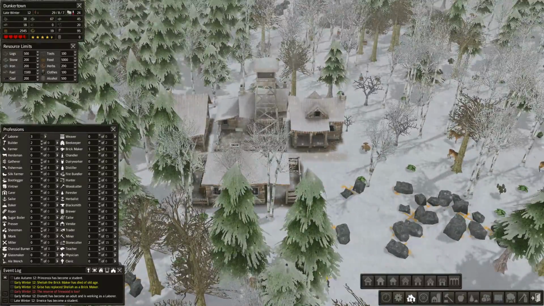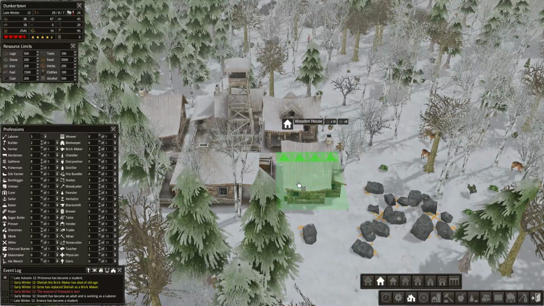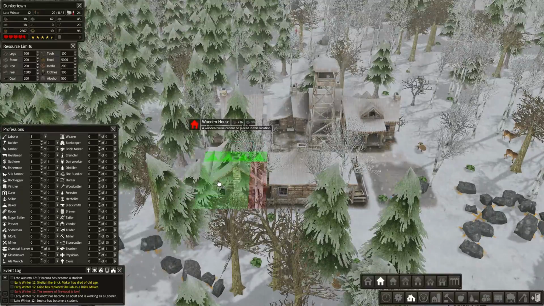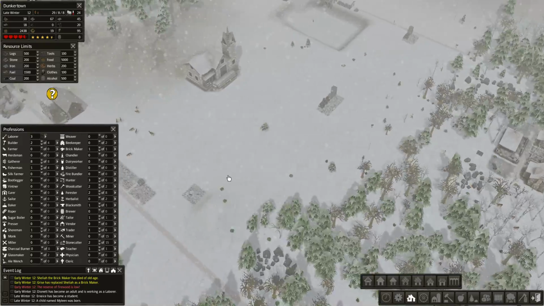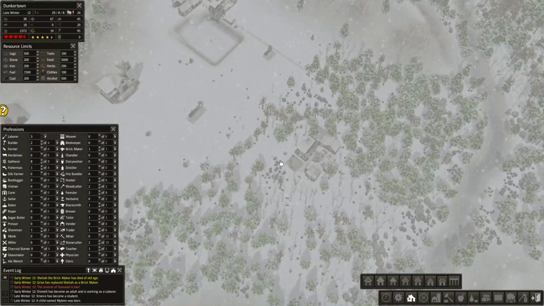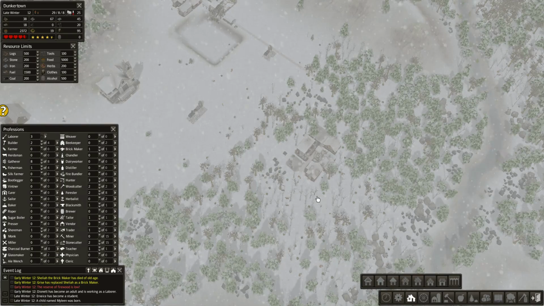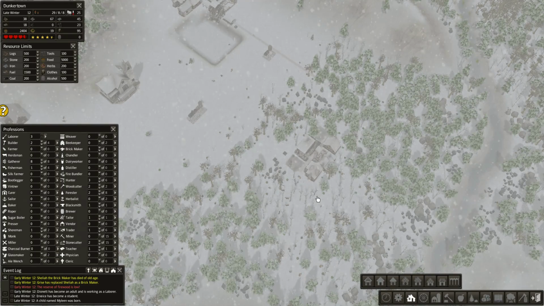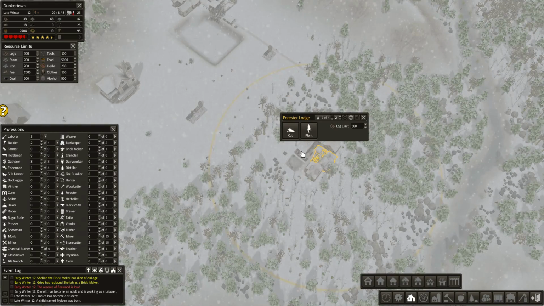Okay, I'll do it. We'll build a couple more houses. But that's as much as I want to build in this circle. I want to keep this circle very sparsely constructed and just do lots of forestry, lots of gathering. It takes a huge amount of space to do that, but